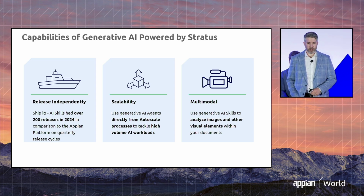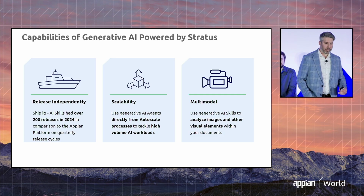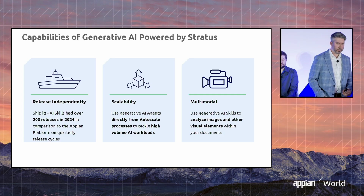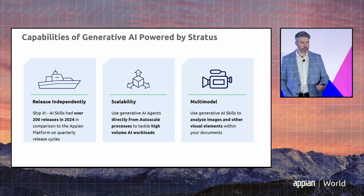Scalability, that's a consistent theme. We now have the ability to use Gen AI agents directly from auto-scale processes to ensure we're able to tackle your highest volume workloads. And then last but not least on here, a new feature we're excited to talk about